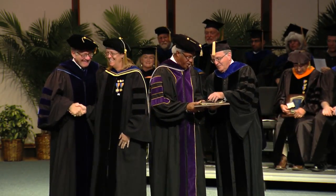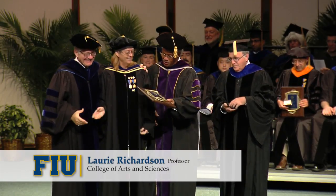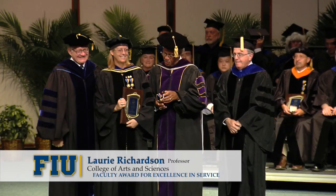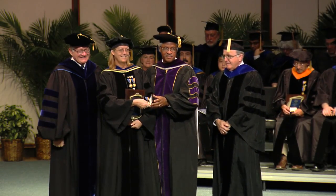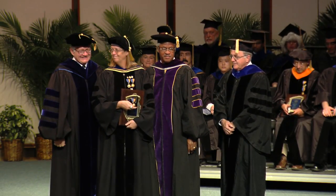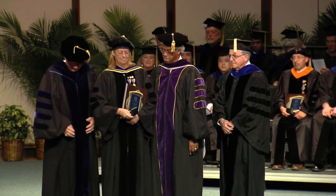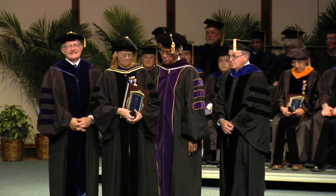Lori Richardson, chair of the biology department, believes strongly in contributing to faculty governance and serving the faculty and FIU by fostering communication between the faculty and the administration. She is currently the vice chair of the Faculty Senate, vice chair of the College of Arts and Sciences Council